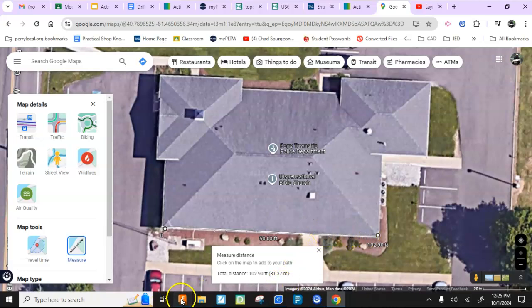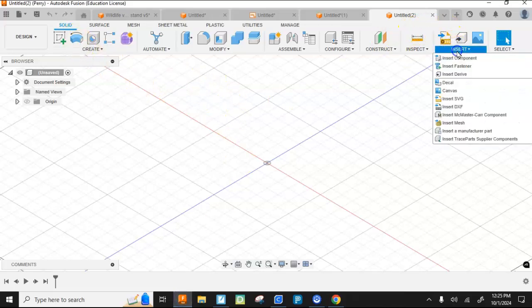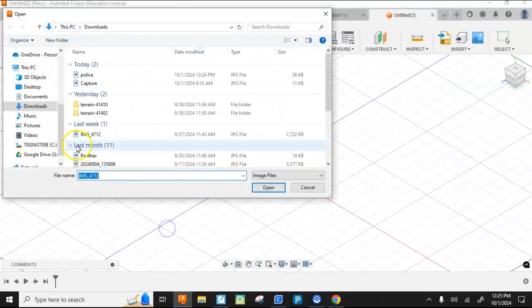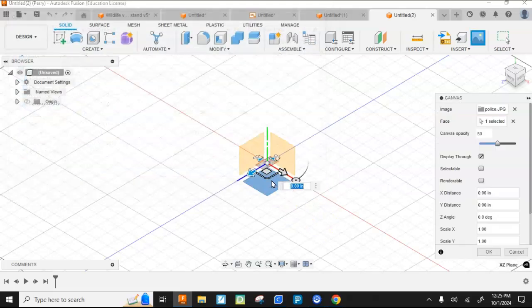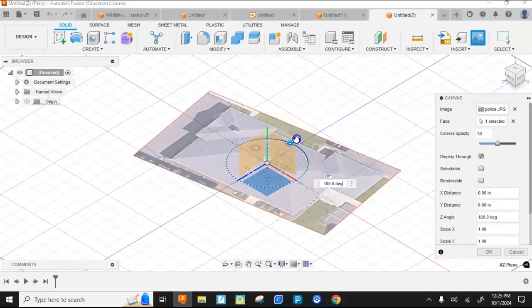Now, I'm going to go to Fusion, and inside of Fusion, I'm going to insert a canvas. A canvas is a picture. I'll insert from my computer. I'm going to choose Police. I'm going to lay this on the bottom here, and then I'll go ahead and drag this out a bit, and then I'm going to rotate it a bit. I'm going to rotate it up,